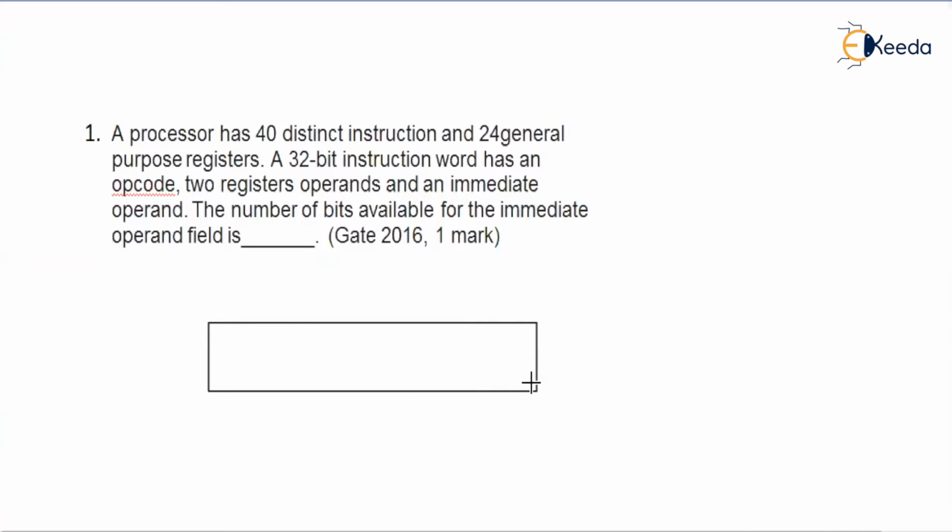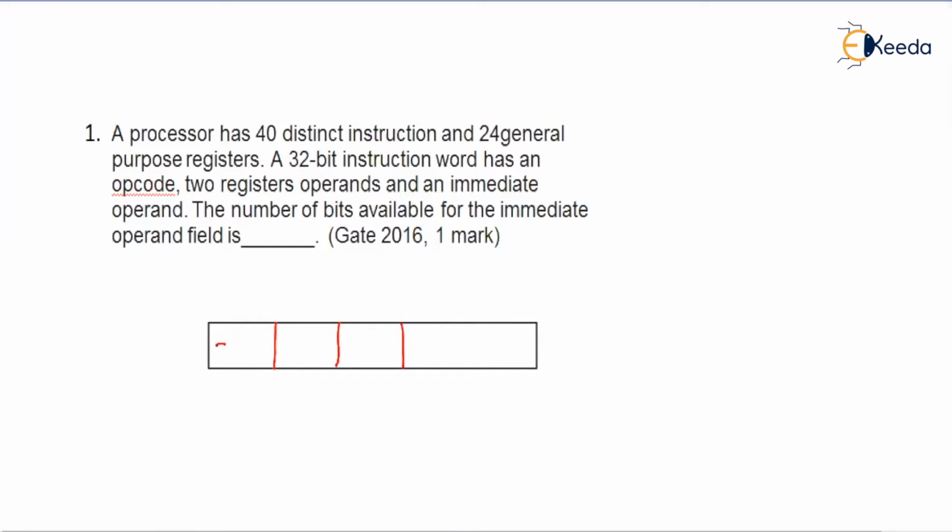A similar model question I explained to you as the first question. You can have a look at it. When these kinds of questions are asked to identify the number of bits in a specific field of an instruction, we need to do this: first you draw the block diagram of an instruction, then you divide the fields. There are how many fields? Here, as given in the question, this instruction word has an opcode field, two register operands, and a final one, the immediate operand.